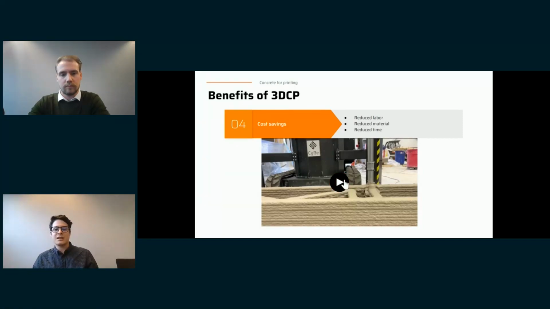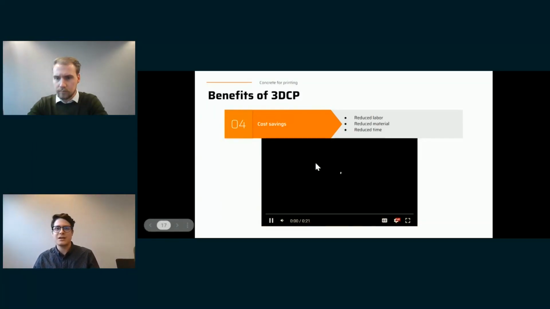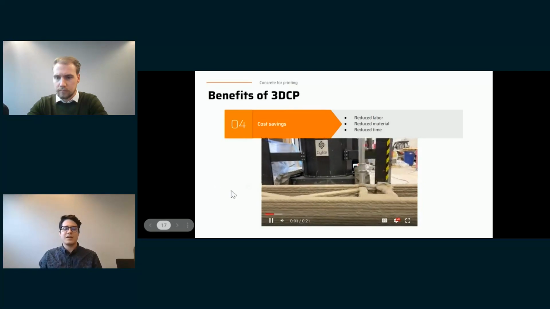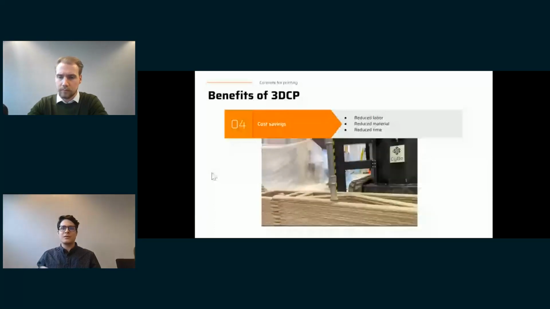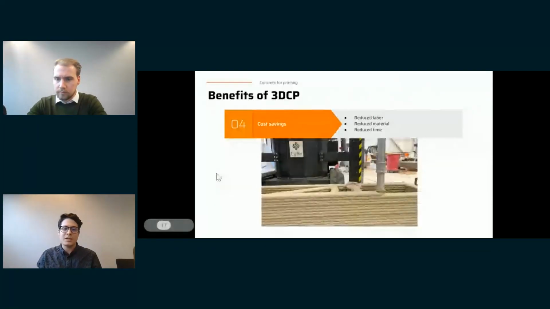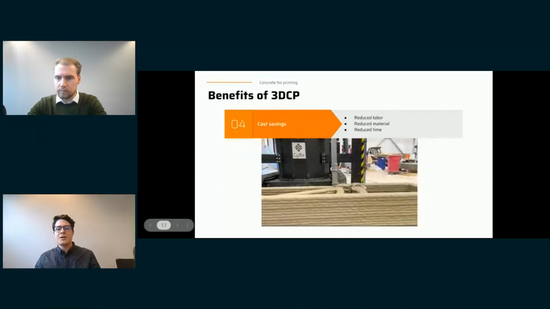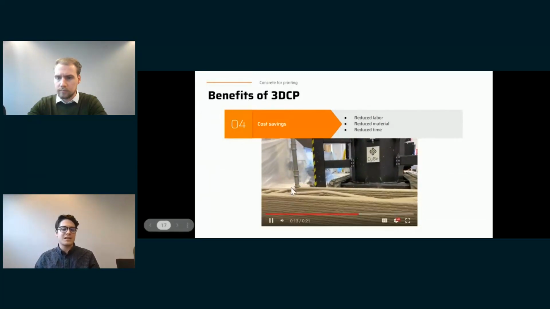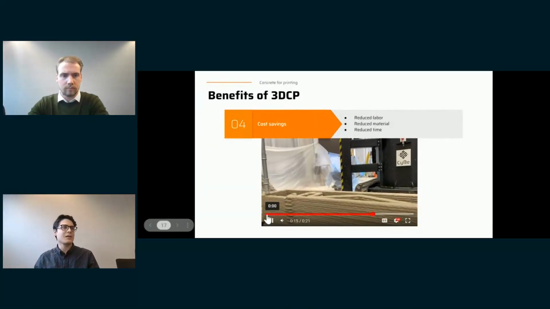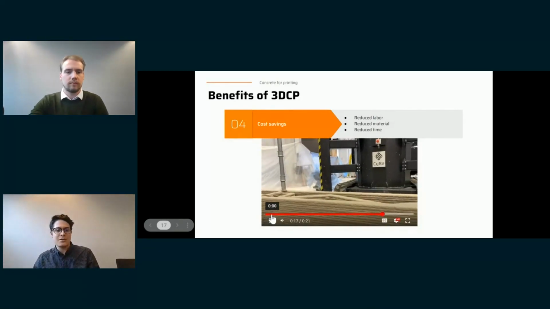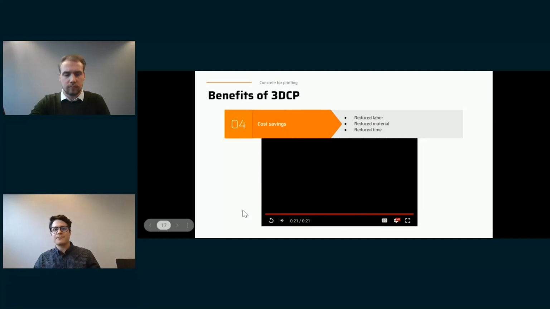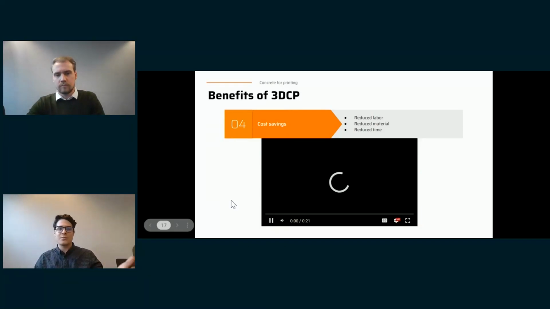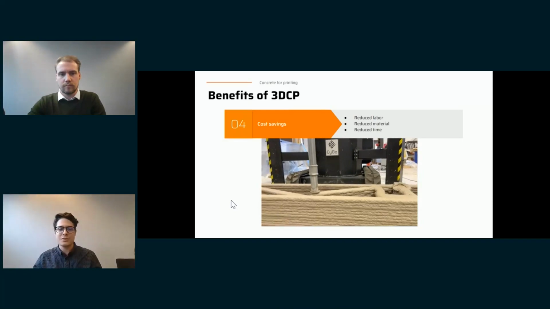But we are happy to say that, of course this depends a lot on the complexity of the construction and how long the project is, with a wall using the technology that CyBe uses, we only need 2 or 3 people for a safe and successful print. As you can see in the video, we just need one person using the machine, while another person is providing the cement to the mixer.